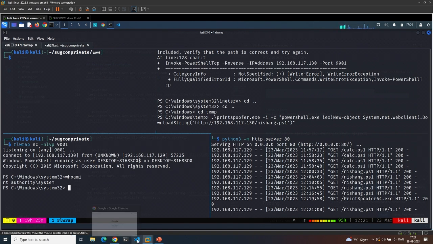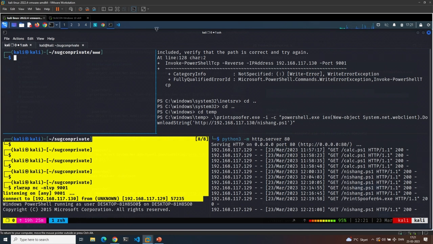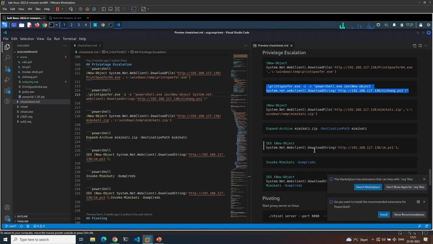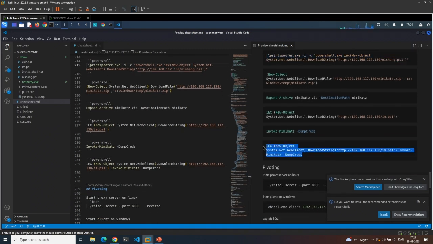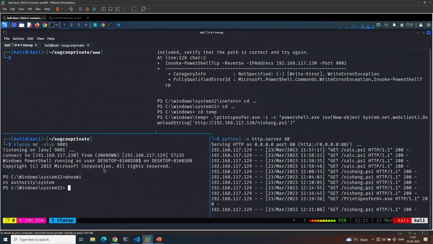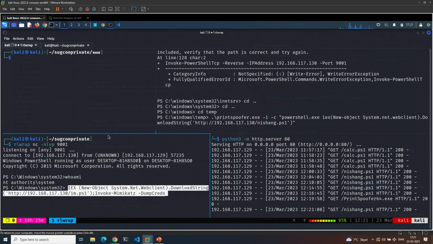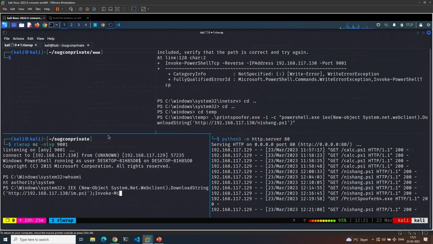Boo! Perfect. So for the last and final part of this, I promised you that we are going to dump all the credentials for all users ever logged in on the system since last reboot. We're going to use a tool called Mimikatz. And Mimikatz is created by, not that one. Mimikatz is a tool created by a guy called Gentilkiwi. It does all sorts of things, but this is just one of them. And that's still not the right one. Oh, no, it was. Let me just delete it.